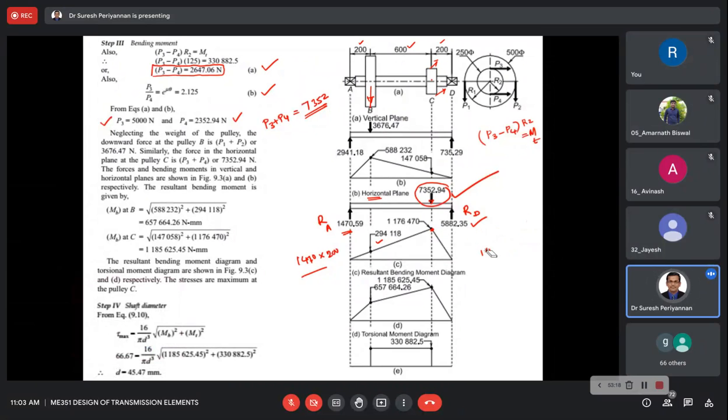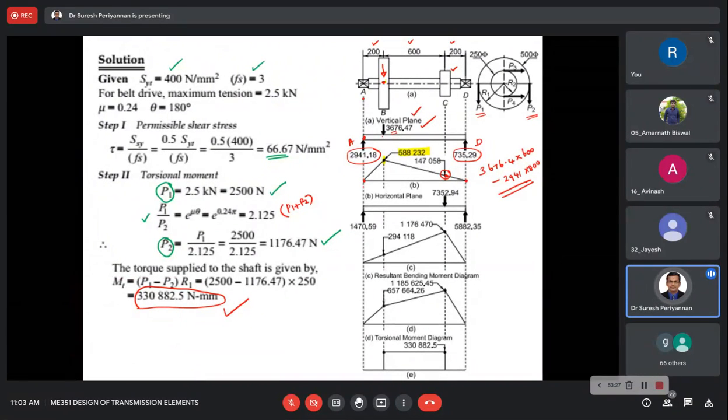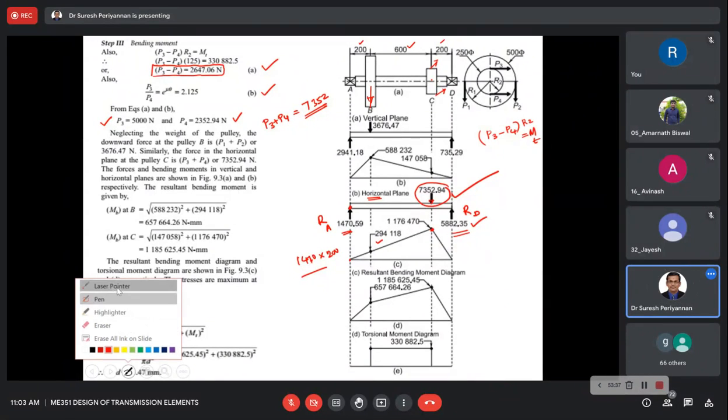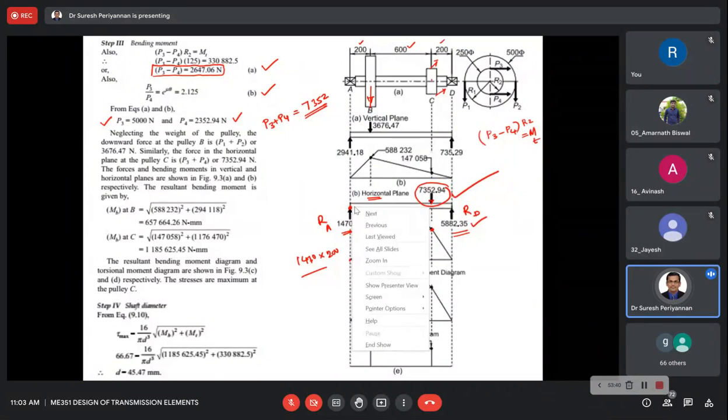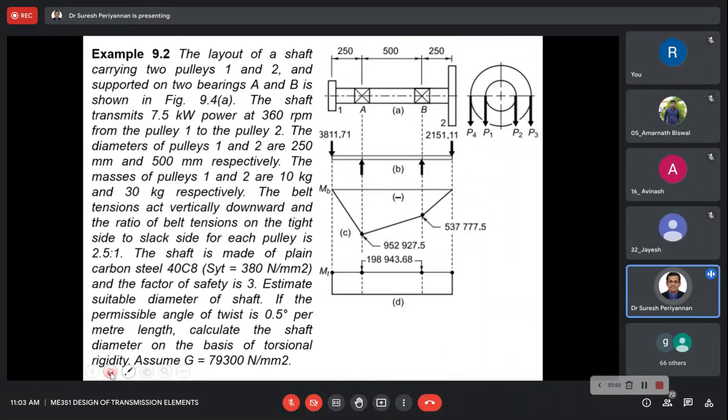Now, see here, in the last case we considered the right hand side. I mean, the left hand side support we consider. In this case you may consider from the left hand side support for finding the bending moment, from here to here, or you may consider the support from the right hand side to here. When we are considering here, then we have to take here. What is the bending moment here?